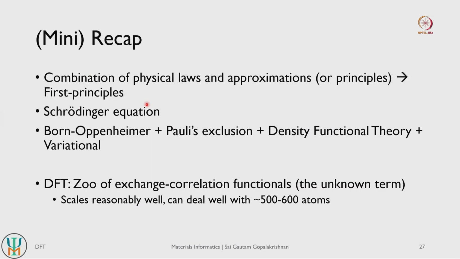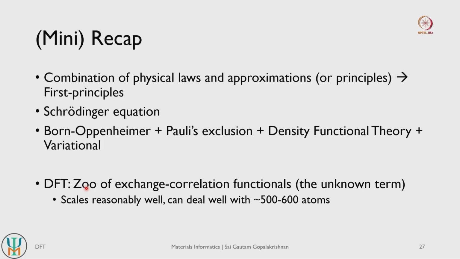So just as a recap of what we discussed in the last lecture, we looked at the Hohenberg-Kohn theorems as the mathematical formulations of density functional theory. This, along with the variational principle, the Born-Oppenheimer approximation and Pauli's exclusion principle, basically powers your modern day DFT calculations, right. We also looked at exchange correlation functionals as a key approximation to density functional theory, and since this is mathematically unknown, there are a whole zoo of them, and we looked at two different approximations. One is the local density approximation or LDA, the other is the generalized gradient approximation or GGA, right.